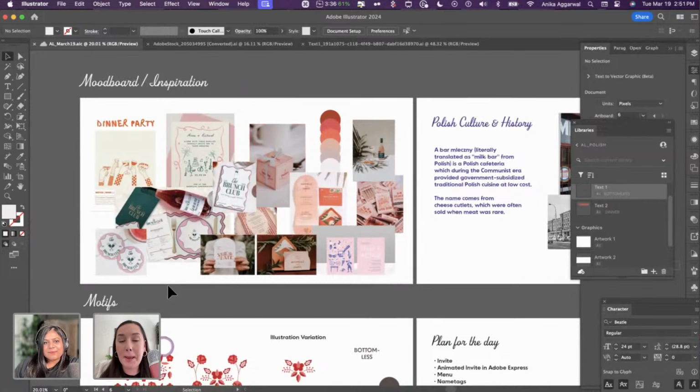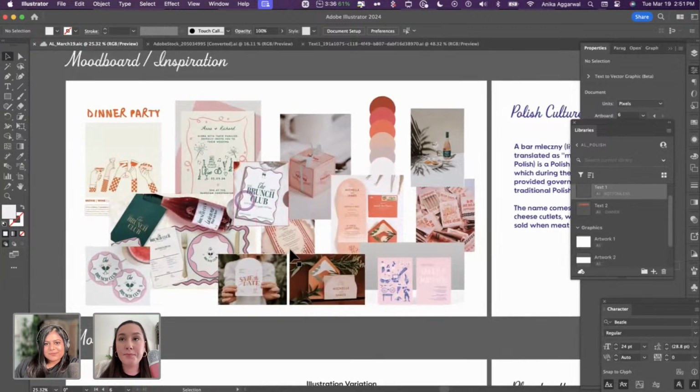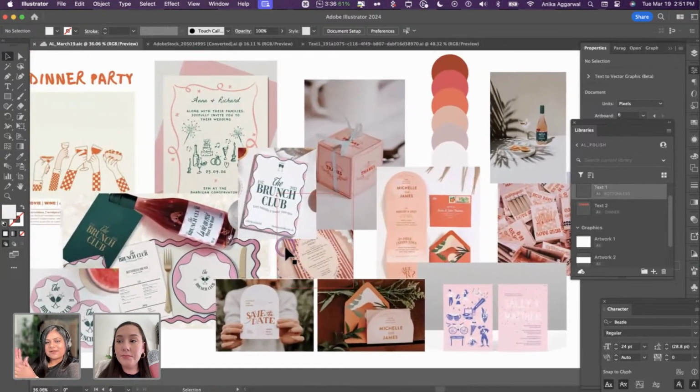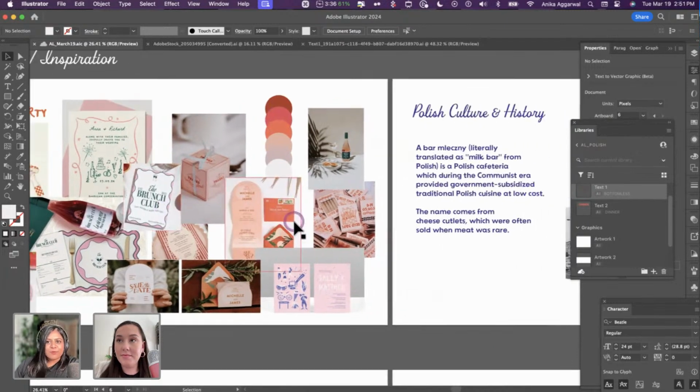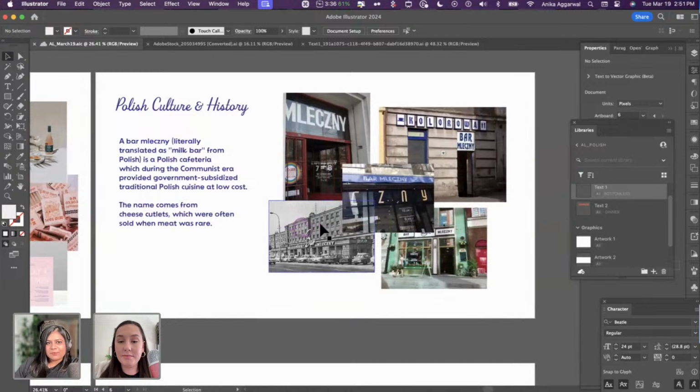Minutes left. Here was the mood board that we started from. This was our inspiration. I was hosting a dinner party with my friends, and if you missed the stream, you can go back and watch the replay, which is super awesome. And I was talking about my inspiration here, what inspired this, and I think the bold colors, the reds, the font, everything spoke to me, and that kind of took me back to the Polish culture and history that Matt, my best friend, shared with me, who was also hosting this Polish night.